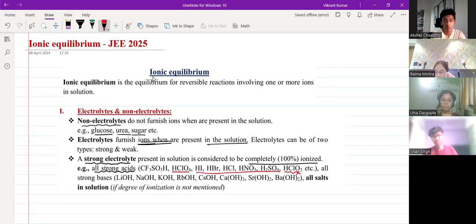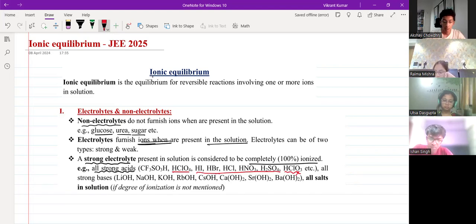HClO4, HI, HBr, HCl, HNO3, H2SO4. H2SO4 is also having a special case. रिसेंटली उसको इन्होंने पूछा भी, हम लोगों ने कई सालों से ये सब हम लोग कवर करते रहे. H2SO4 का स्पेशल केस क्या है, दैट आई विल डिस्कस आफ्टर केस नंबर 9 and 10. बट राइट नाउ इफ दे आर गिविंग यू दीज काइंड ऑफ एसिड्स ना, कोई भी इसमें से एक एसिड दे देगा, तो विल बी assuming that they are going to be 100% ionized.